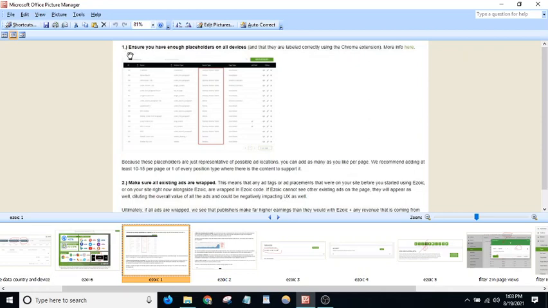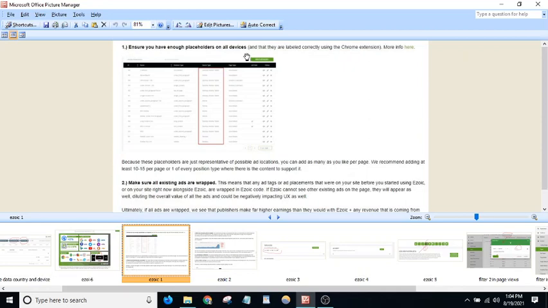You should place at least 10 to 15 ads. Ezoic recommends this, but I recommend you place 35 plus placeholders. They allow, I guess, 40 to 50 placeholders, but you should be putting 35 plus placeholders. The bigger your content, meaning 2000 to 3000 words at most, the better. Open that article and add all those placeholders in your content.